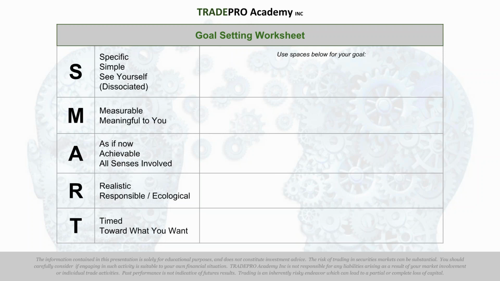Attainable is kind of realistic, which is kind of achievable as well, right? Achievable means it's physically possible to be done without any kind of miracle, and realistic means it's realistic for you. And then that also shows it's responsible for you to get. These all kind of mesh in. When you have a SMART goal and you write it down, you'll know it's the right one. All right, here's what we're going to do.